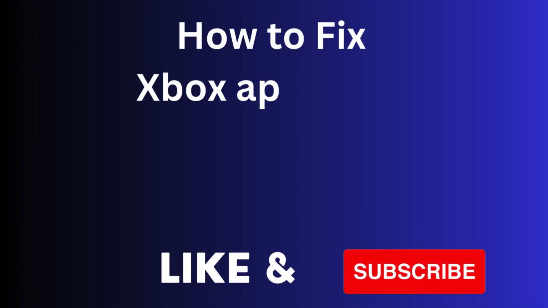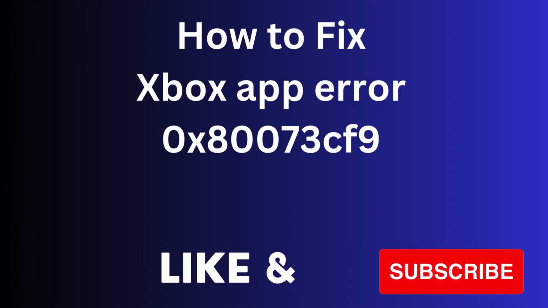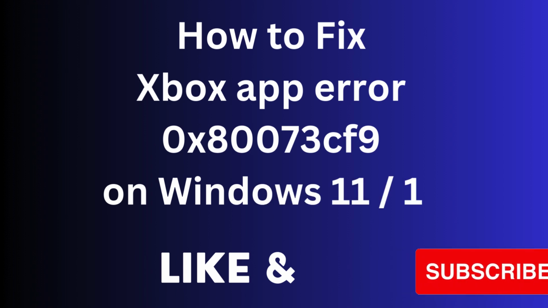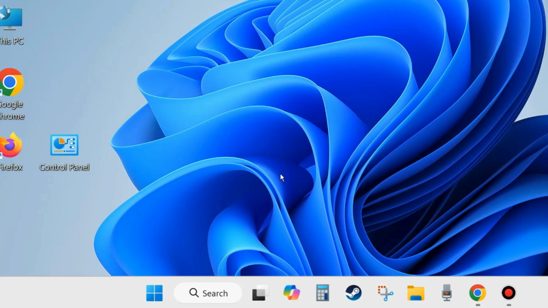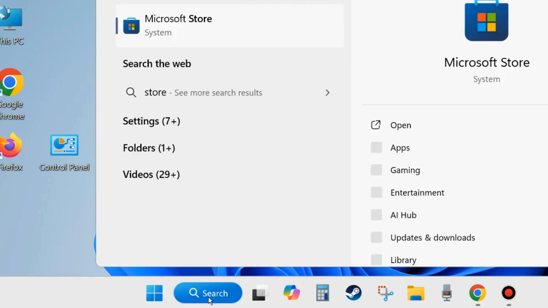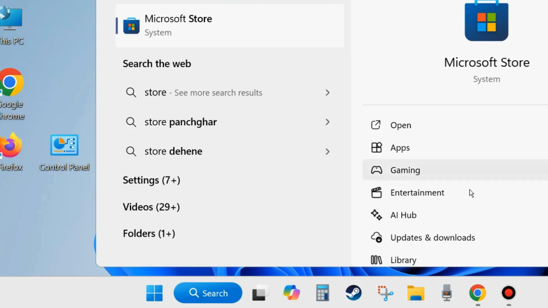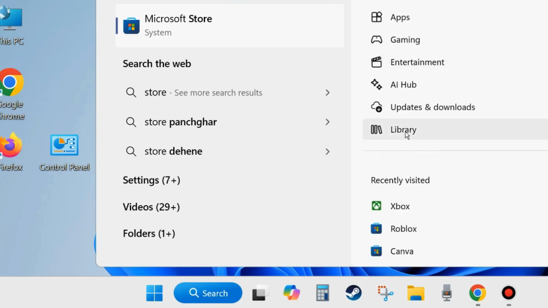Guys, in this video we will see how to fix Xbox app error code 0x80073cf9. And if you are also facing such type of Xbox error, Xbox app not working properly, then here are the fixes. And the first workaround is go to Windows search and type Microsoft Store and choose library from the